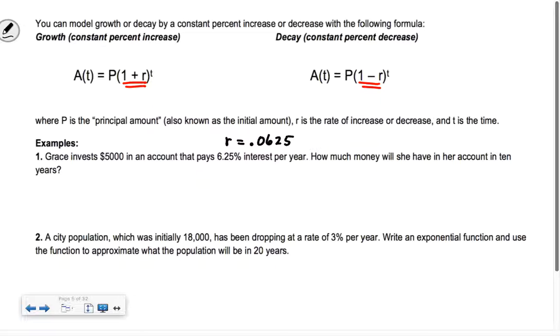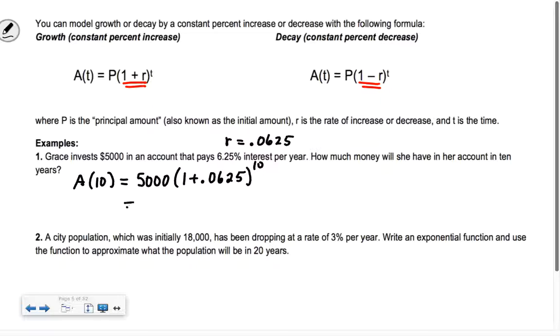So how much money will she have in her account in 10 years? So the formula is the amount after 10 years is the principal amount. I don't think of principal, I think of put in, P, put in. She put in $5,000 into an account that was 6.25% interest, so I do 1 plus 0.0625,